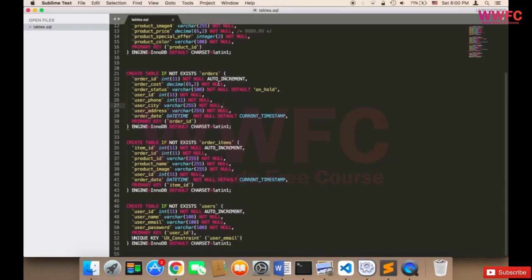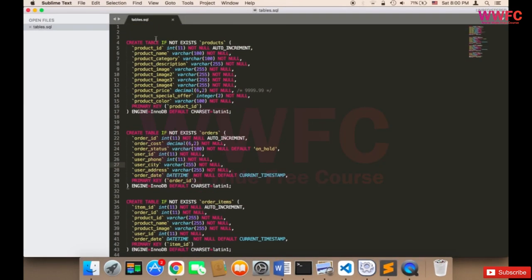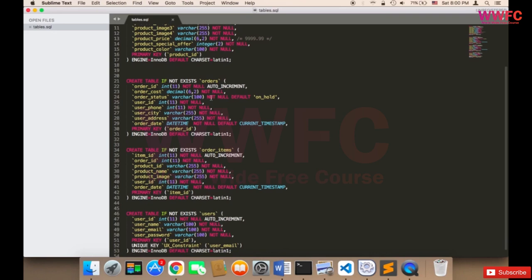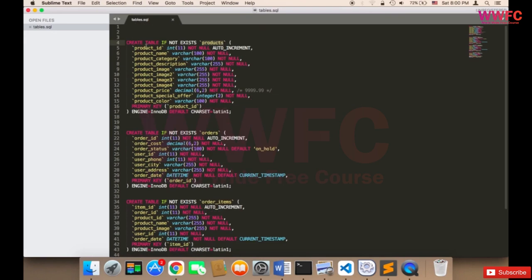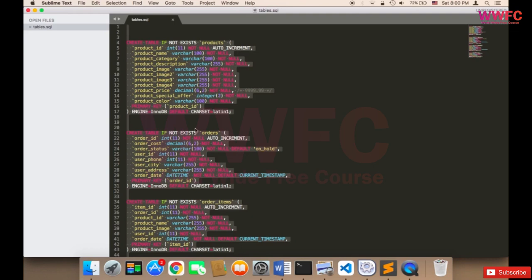So I have here this code that will allow me to create these tables quickly without the need of typing everything. So for example, I have here the products table, which will have the product ID, the product name, the category, etc. We have also orders, order items, users, all of these things. So instead of typing all of these and creating all of these tables manually, I'm gonna copy this